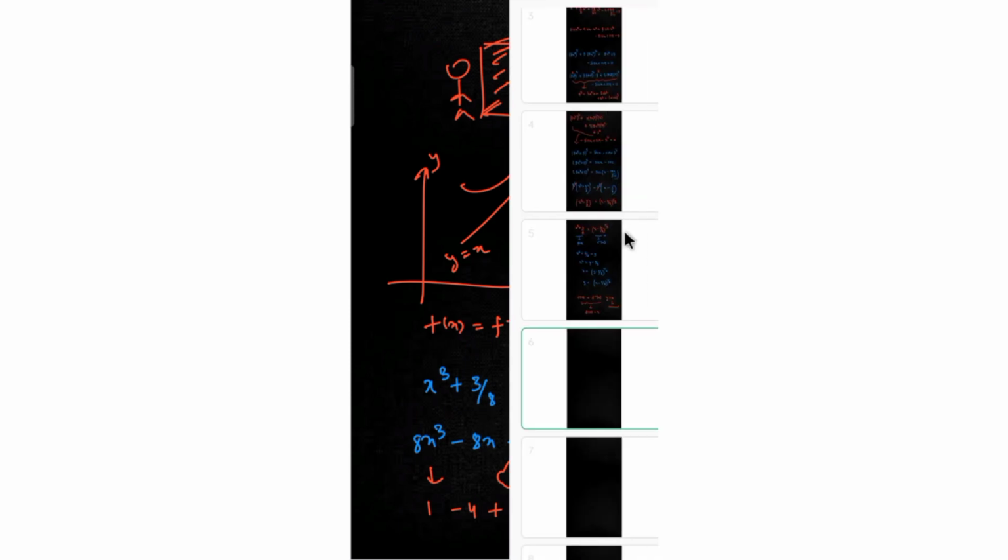So using this I can find the other roots. x is equal to half is one of the roots of 8x cube minus 8x plus 3 is equal to 0. In fact, this is one of the roots of the 9th degree polynomial that we have actually taken in our question. I can find the other roots by the long division method, since 2x minus 1 factorizes 8x cube minus 8x plus 3. If I use the long division method, I would finally get 2x minus 1 times 4x square plus 2x minus 3 is equal to 0.